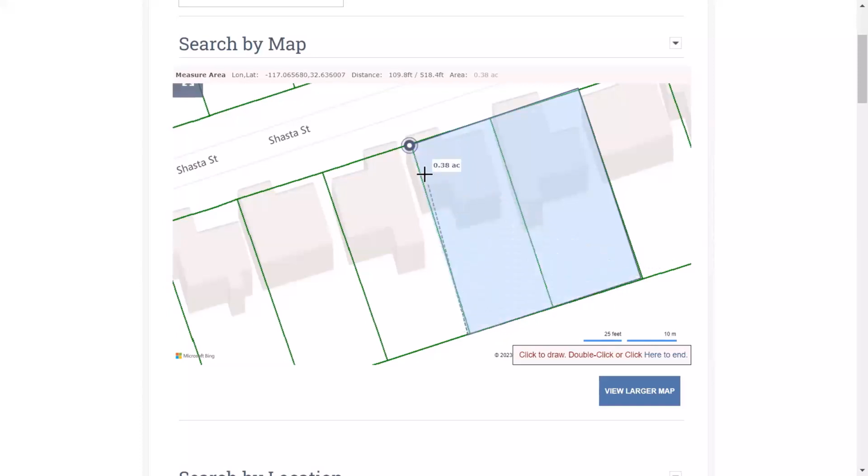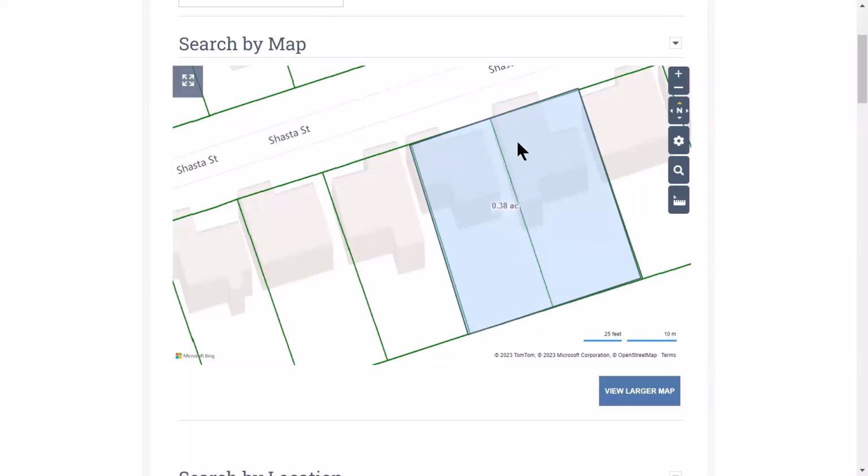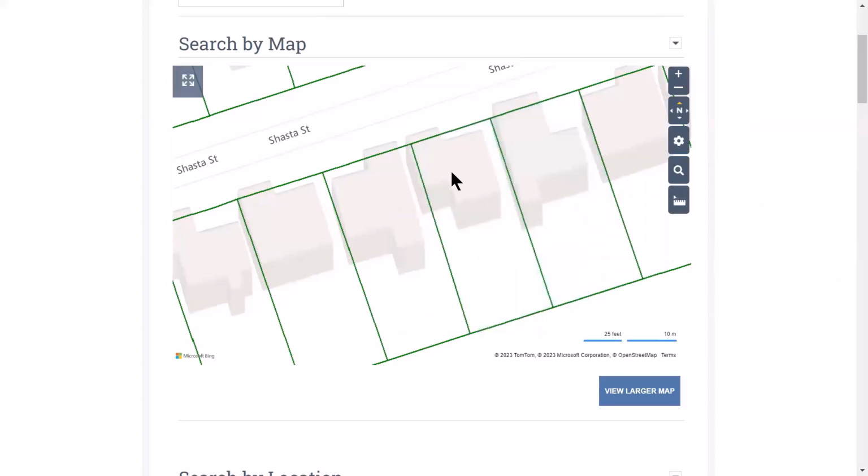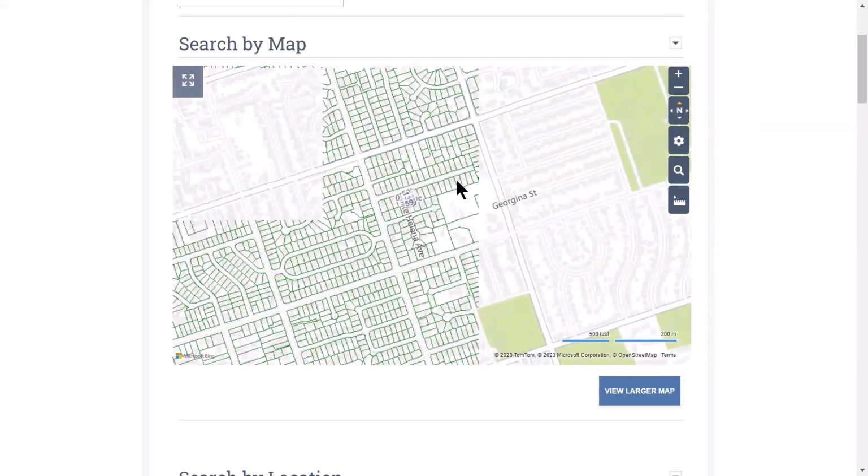You would do a way better job than me. This is just a quick shape for the presentation. And there is our distance. Again, to get rid of this, you just hover over the distance and we will hit delete. Now that's some of the basic functionality of the map.